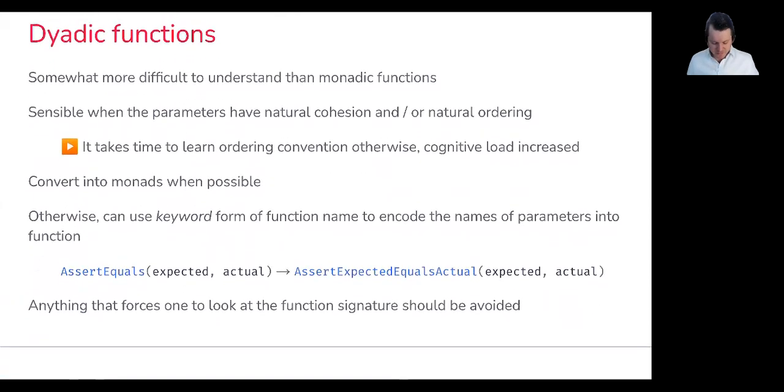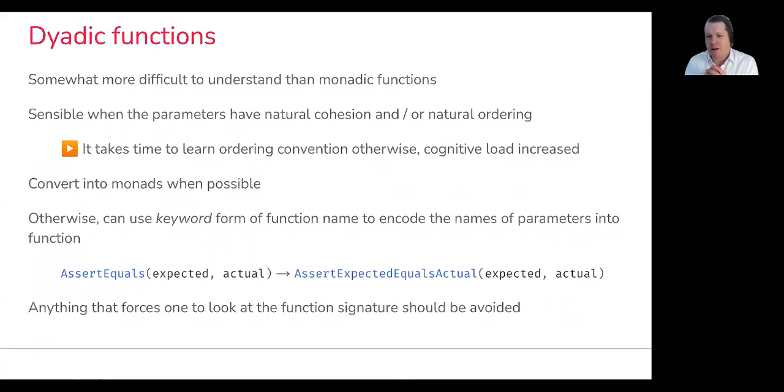Dyadic functions. These are going to be somewhat more difficult to understand than monadic functions from a reader's perspective. These are going to be very sensible when parameters have natural cohesion and or natural ordering. It's going to take time to learn ordering conventions, and cognitive load is increased, which is one of the reasons why we say 1 or 0 is the best, 2 is not uncommon, but you do pay for it. So we really do want to convert these into monads when possible. Otherwise, we want to be very descriptive about